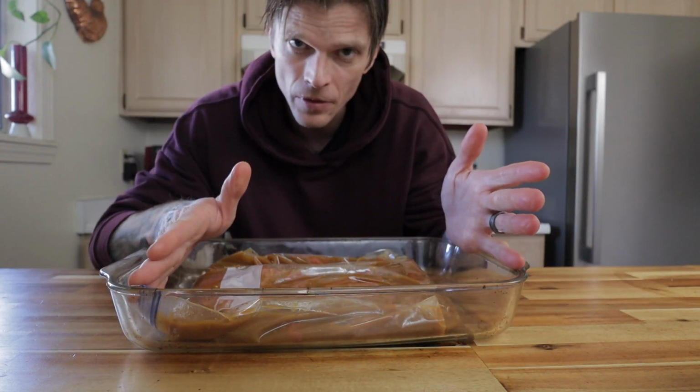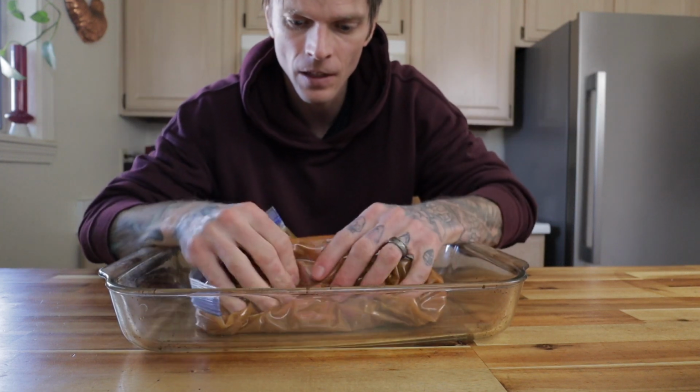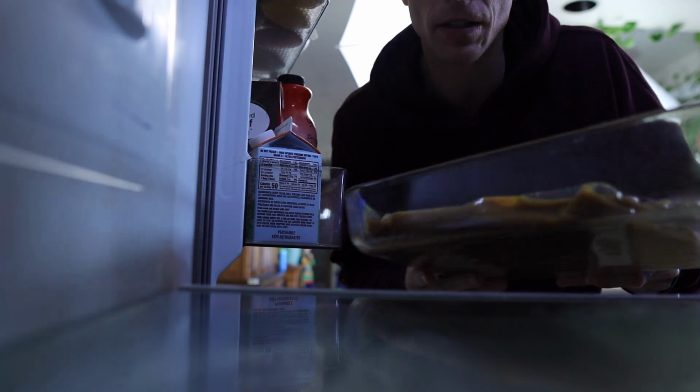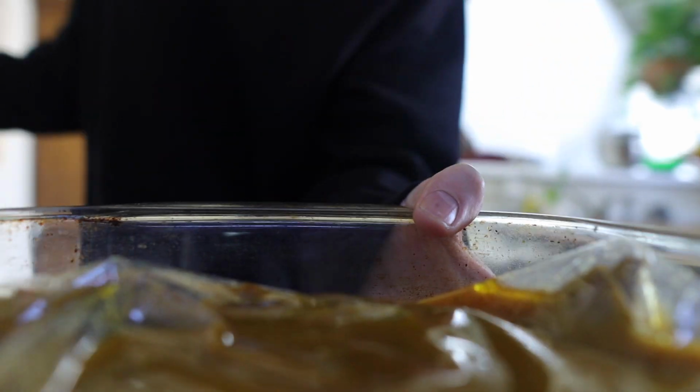This is gonna marinate for 24 hours, so after 12 hours, give it a flip, and then just massage it a little bit, make sure everything is nice and coated evenly with that marinade, and then we're good to go. So now the next step, after we let it marinate for 24 hours, is we put it on the smoker. 24 hours later,